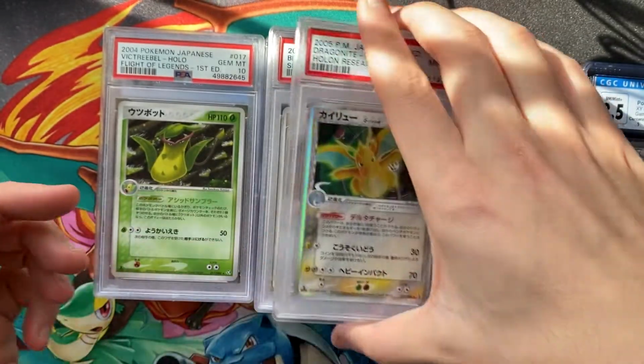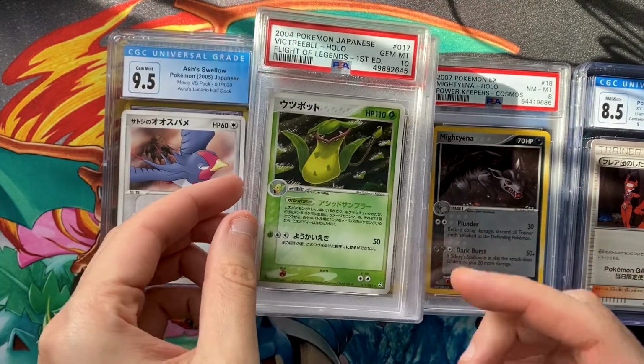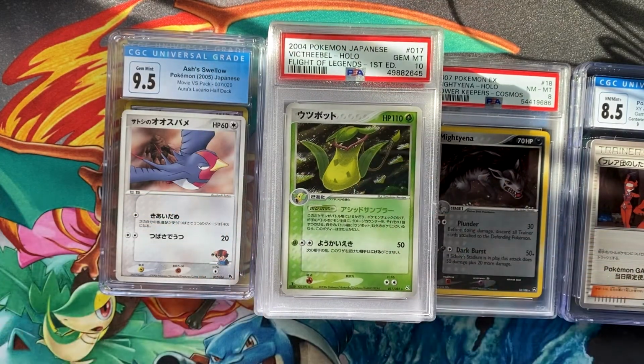And it's always nice. For how much I like CGC, and I obviously have a lot of CGC, I will say the PSA 9s and 10s tend to be a little bit easier to sell because they're a little bit more liquid. That's a good way of putting it. They're more liquid. It's a lot easier to base the prices and compare them to each other. It's a lot easier to price out a PSA 10 based off of past PSA